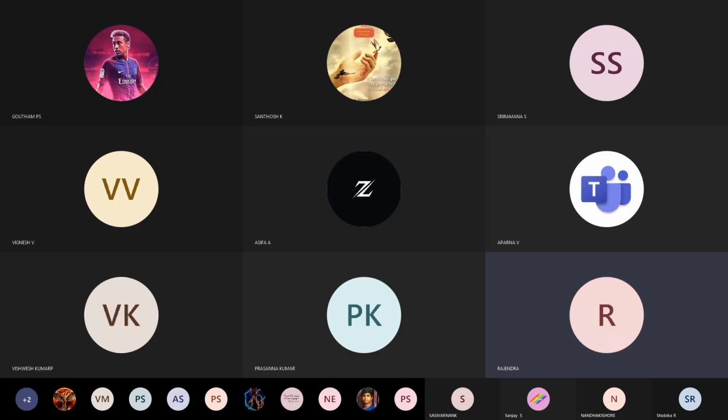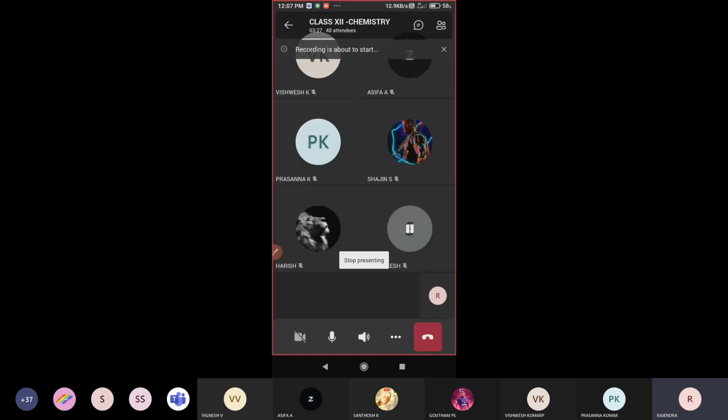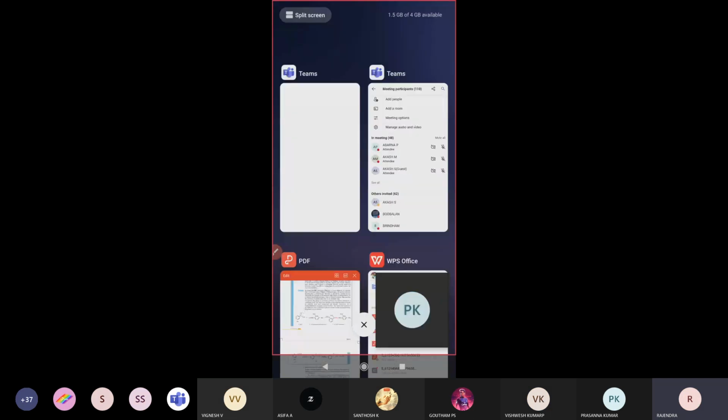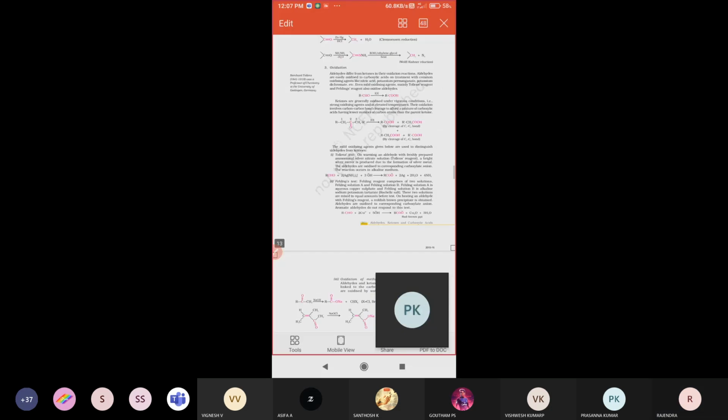Chemical properties, we already discussed a few points yesterday. Now we are going to discuss some more chemical properties. Yesterday we saw the physical properties as well, right, physical properties we have already seen.